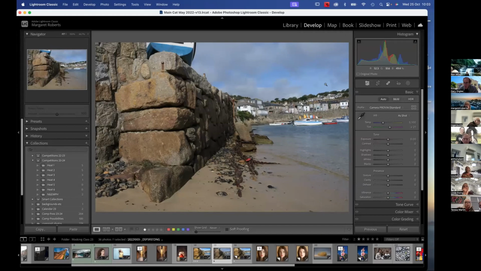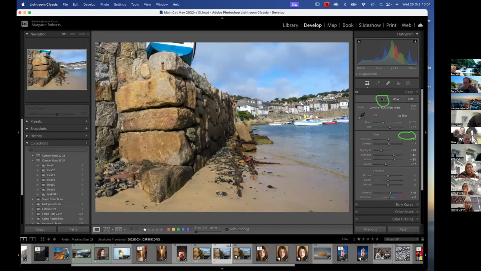So the first thing we're going to do, as we've said, is get the drawing pen. Auto used to be here, Judy and Brian. Now it's here. So Margaret's going to click that on auto, and it should give us an improvement. There we go. This is purely simple enhancements, because we all know when you get there, you get the light that you get, or you say, I'll come back later and I'll do something else. Now, on Margaret's picture, we've got both the shadow clipping and also the highlight